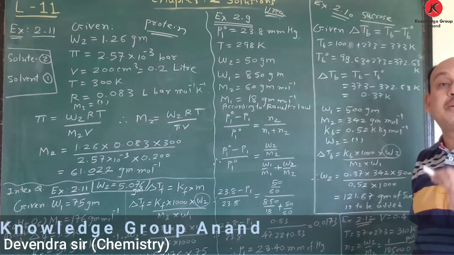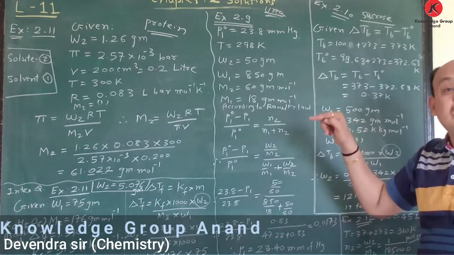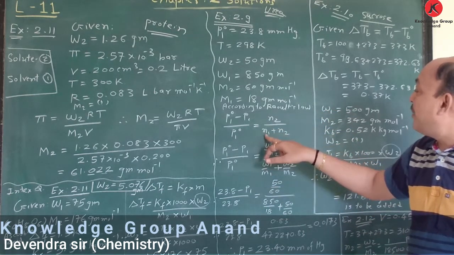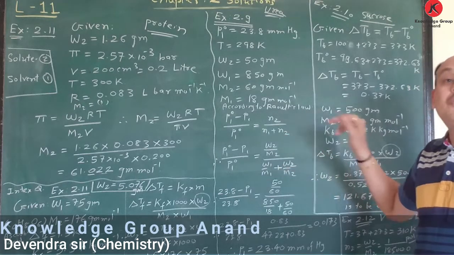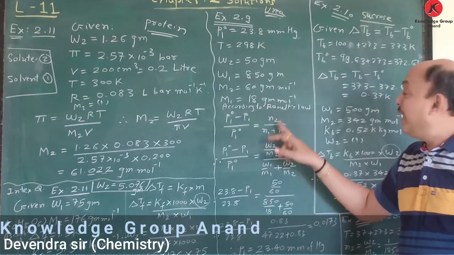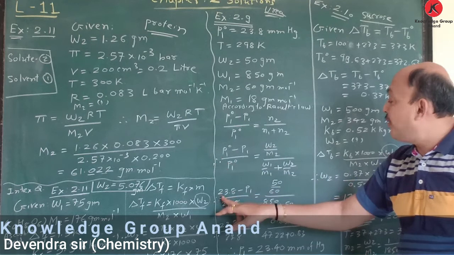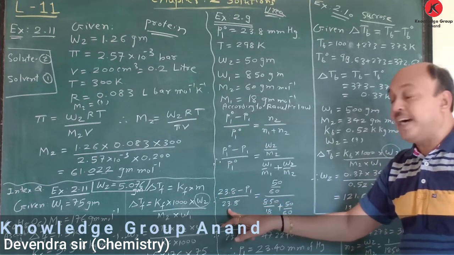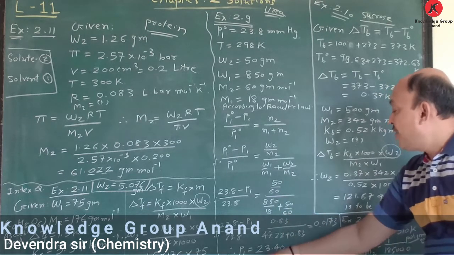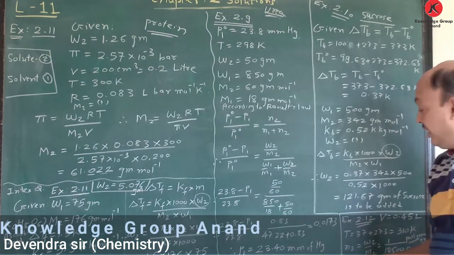But Chi2 is nothing but the mole fraction of solute, and this is a colligative property because it depends on the mole fraction of solute, and that's why we can say that it is N2 divided by N1 plus N2. But another formula we know, N2 is equal to W2 divided by M2, and N1 is equal to W1 divided by M1. Put the value of P1⁰, 23.8 minus P1 divided by 23.8. Put all those values and calculate it. So you get P1 is equal to 23.40 mm of Hg.